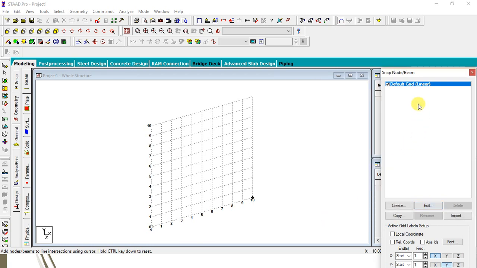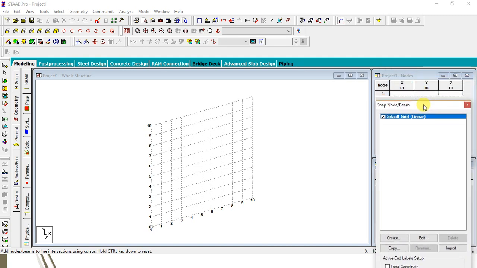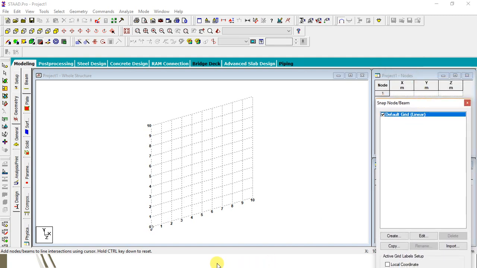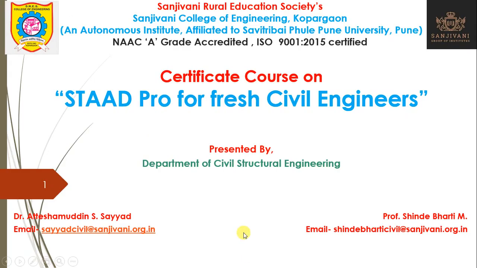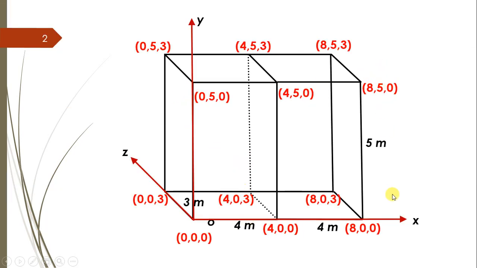So these changes in the grid you can make by using this edit tab. Now the first thing of today's lecture is marking nodes. First of all, what is meant by a node? Any junction of beam to column or column to beam, or any point at which two members are connected to each other, that particular point we call a node. For example, here